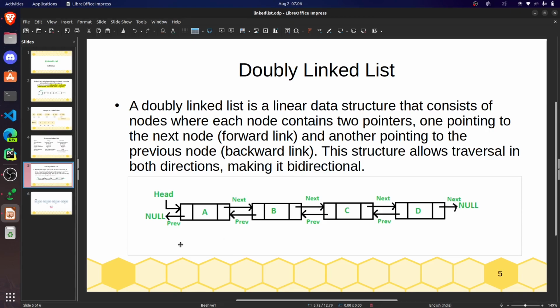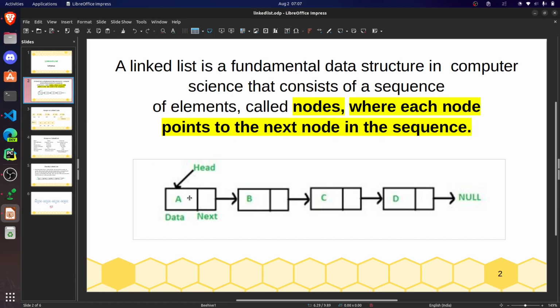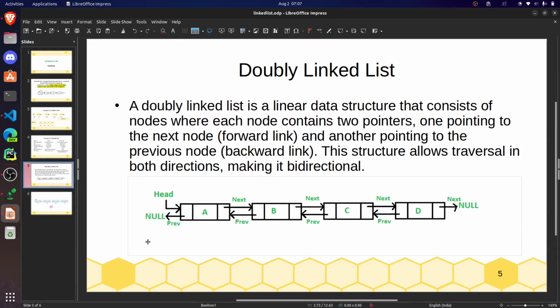Means in doubly linked list, we have two pointers. One is this one, previous, it's pointing to the previous node, and this one is pointing to the next node. This is our head part. And as we can see, in singly linked list we just have the next pointer, but in doubly linked list, we have the previous pointer also. By adding this previous pointer, it allows us to traverse the linked list in both directions, since we can traverse in the left to right manner and also in this right to left manner using this